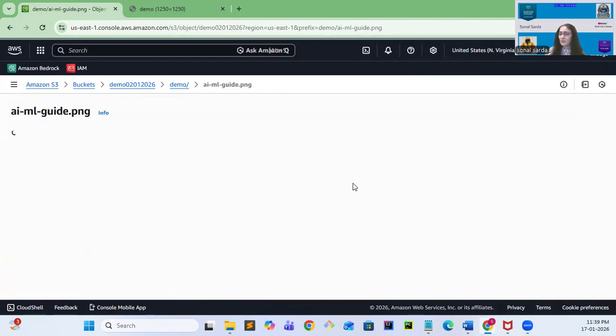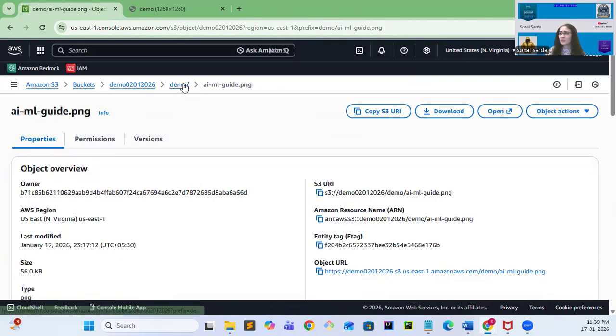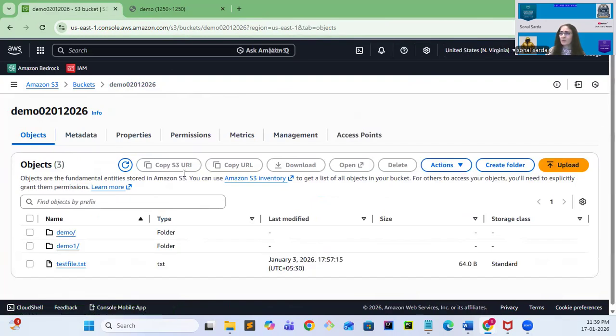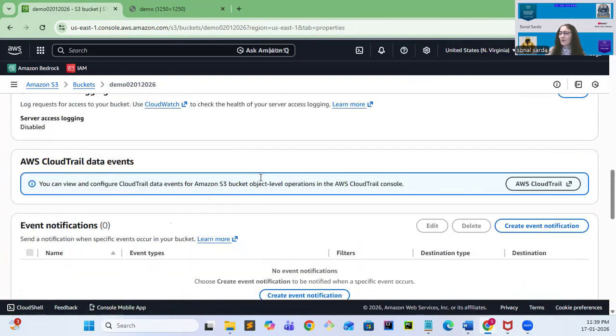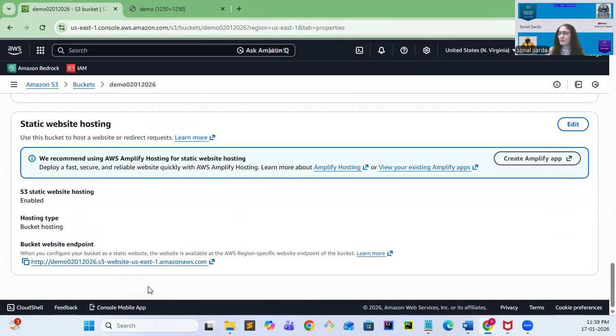Very simple method, but you have to check the URL. The URL has got only the bucket name. Another important thing, this URL is very lengthy. It's not possible for us to remember the URL. So what we can do is map this URL with a user friendly domain name. You can buy a domain name, manage the domain using the Route 53 service on AWS platform, and there you can create an alias record and map this S3 website endpoint with your domain name.